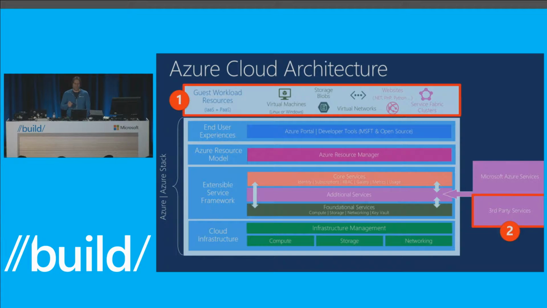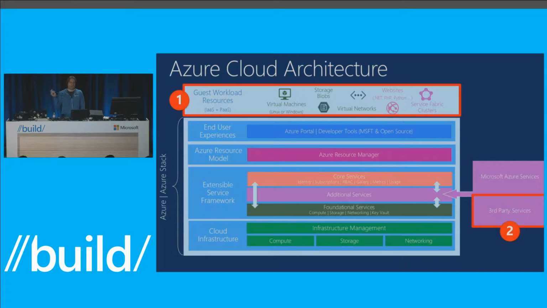And then all of it is wrapped by a set of core services that offer things like subscriptions, role-based access control for any of the resources of the underlying service, and things like Gallery, where you can pick applications that include resources from these services. So Gallery is a common service. Then metrics, things like what CPU usage you have, or what number of requests you have against your website. That's metrics, and that's commonly managed in the layer above the services. And the usage, so reporting on the usage and utilization of a service, that's common to all services.